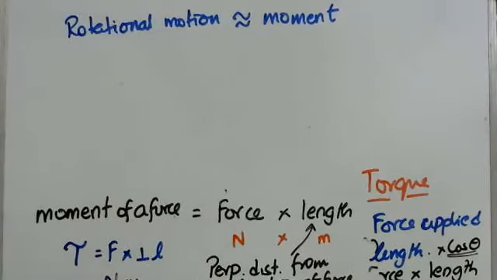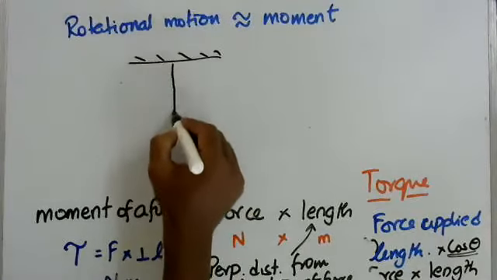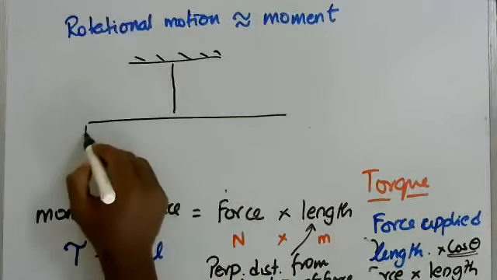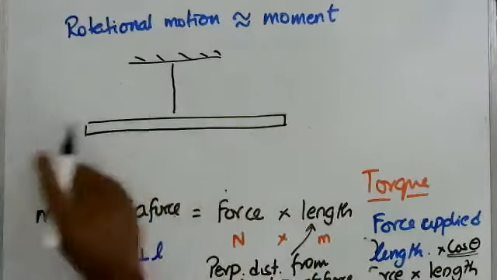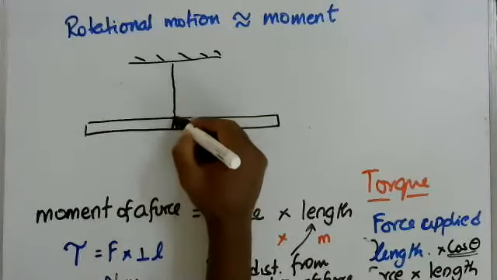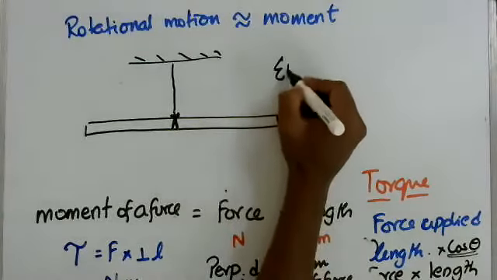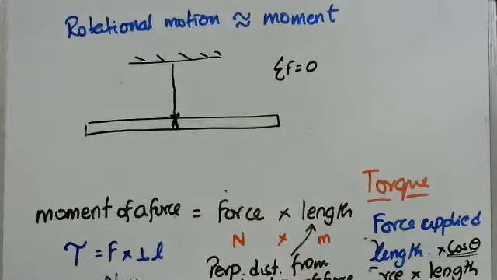and a very nice way in which to examine this is to take the situation of a beam balance. What is a beam balance? The tarazu situation. Take this to be a meter stick that is suspended by a string. We have done this in class 8. I think we did the practical work on this. Balanced equally, and therefore right now it's in equilibrium. So sigma F is equal to 0. It's in static equilibrium. There are no additional forces, and therefore there is no movement either way.